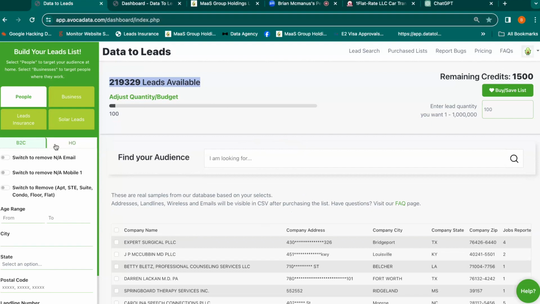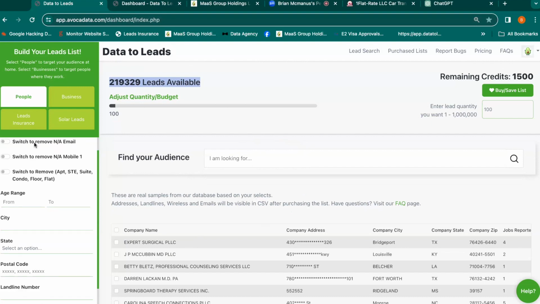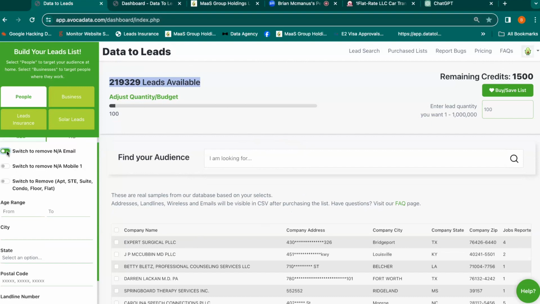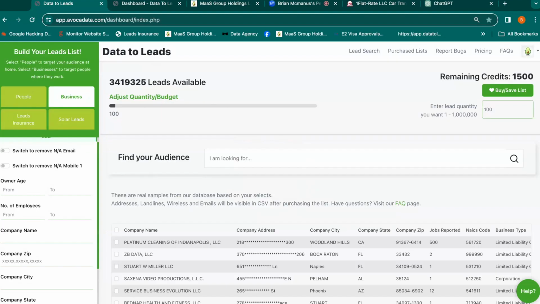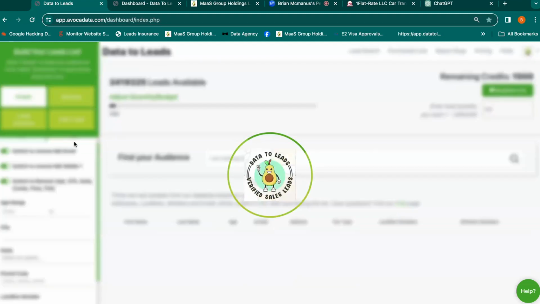In terms of doing it custom, you have the ability to select if you want every lead to have an email. You have the ability to select if you want every lead to have a cell phone. And you have the ability to remove various types of condos and anything that might be an apartment, where they don't own the roof, in theory. Insurance people do very well with that type of data as well. One reason is that they're able to filter by income.